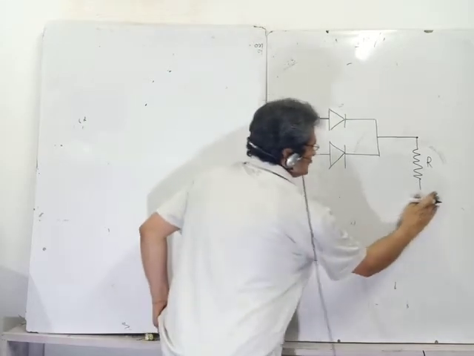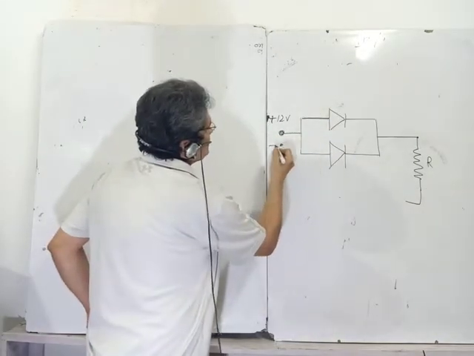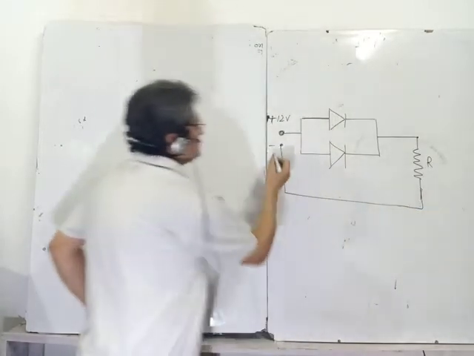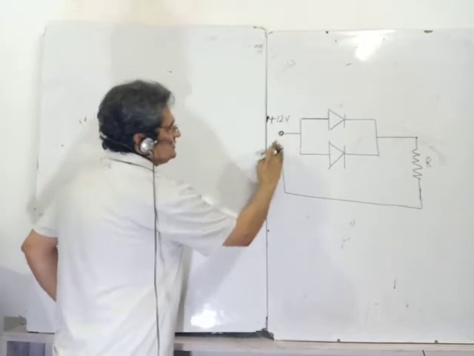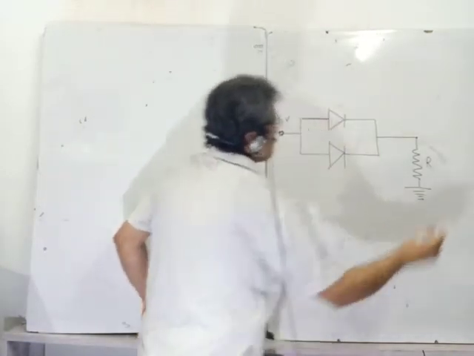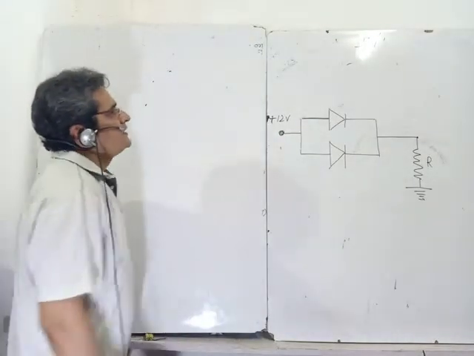Earthing doesn't mean anything. You can just replace it, and it is nothing but actually the negative part of the battery. So just to avoid that confusion, either you show negative part of the battery, or in the diagrams it is written like this. So it is basically your negative of the battery.